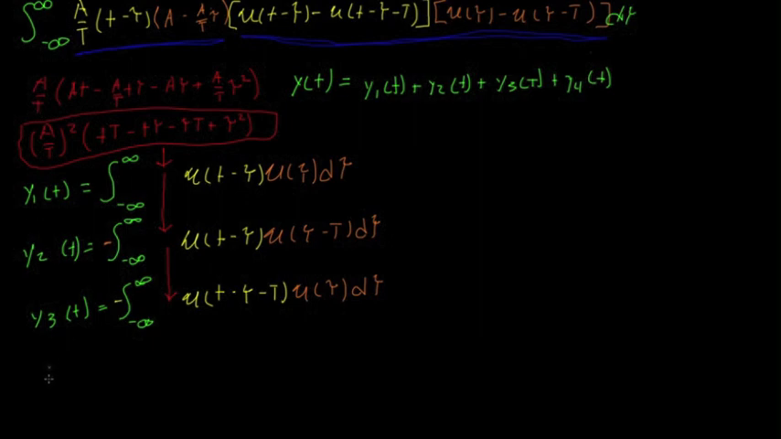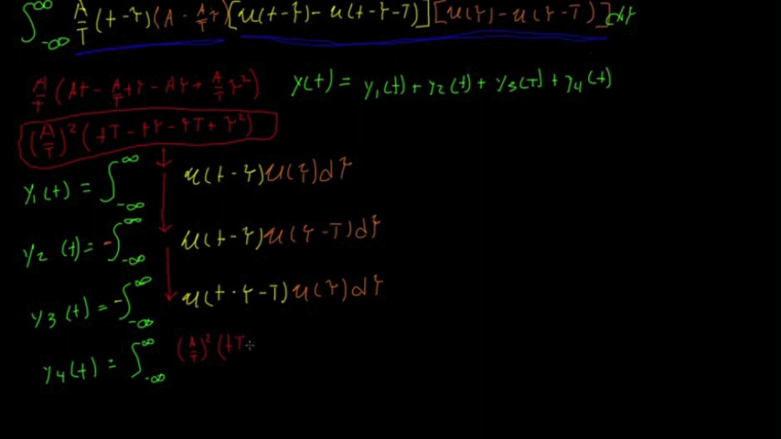And then last but not least, y4 of t is now going to be negative times a negative, so we'll have a positive, the integral from negative infinity to positive infinity of, and I will actually just go ahead and write this whole section out. So just so that you can see, we'll have this a over capital T squared